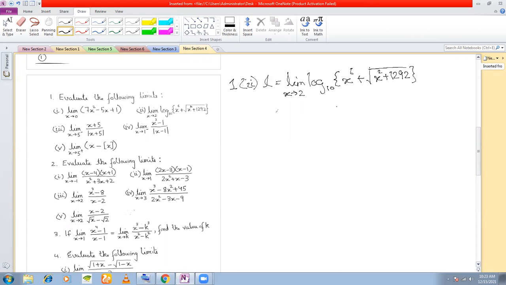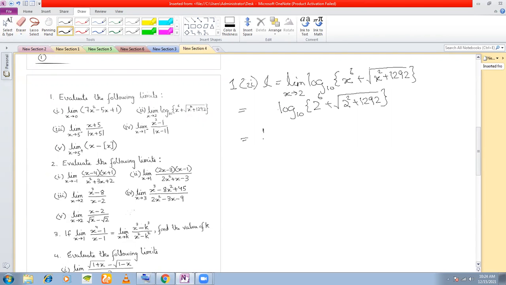Okay. So again, if you put x is equal to 2, will you get a determinate form? Let's check whether we are getting a determinate form. I think we should get a determinate form because there is no denominator. Even if you get a 0 also, there's no problem. Okay. 0 is still a determinate form. So you get 2 to the power of 6 plus root over of 2 square plus 1292. So now we remove the limit actually, because we have put the value of x.